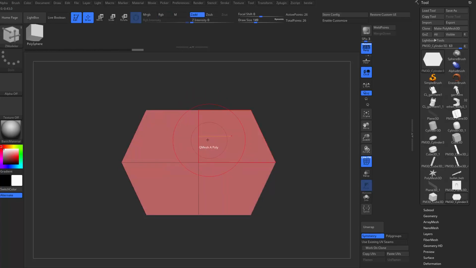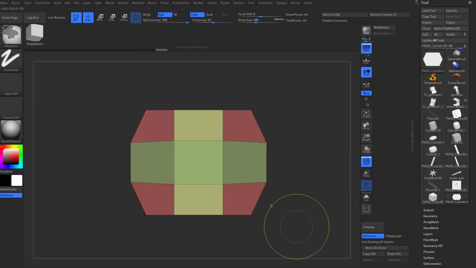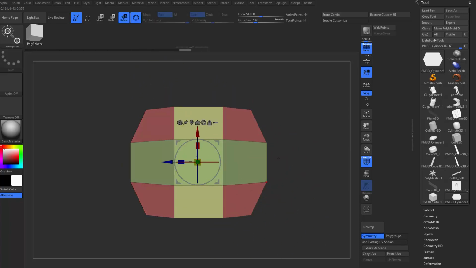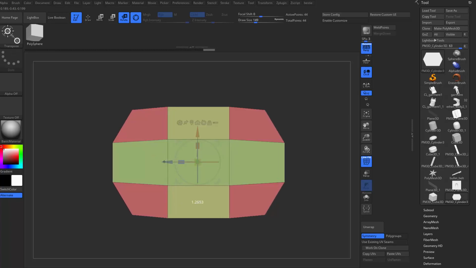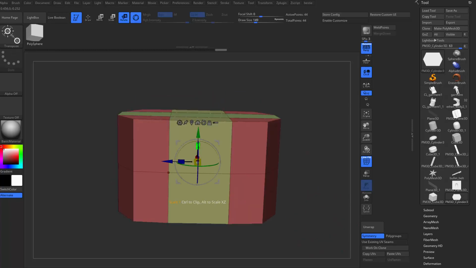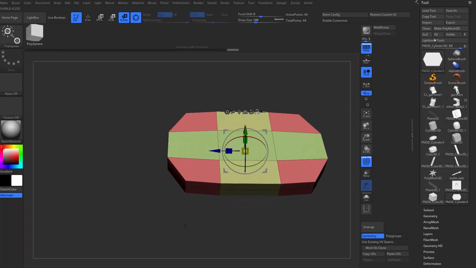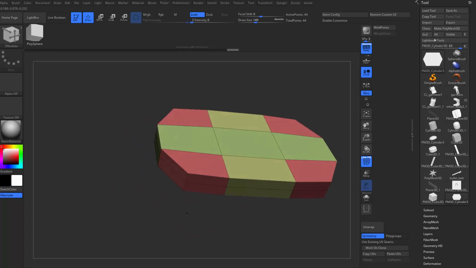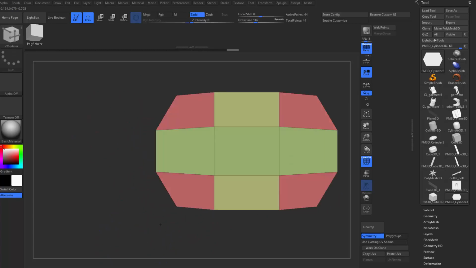I can go for a bevel and bevel this part, and maybe also bevel this part just a little bit. Mask that, and then scale them this way. Scale this entire thing longer, and for the base. Alright, and then it kind of curves up, so